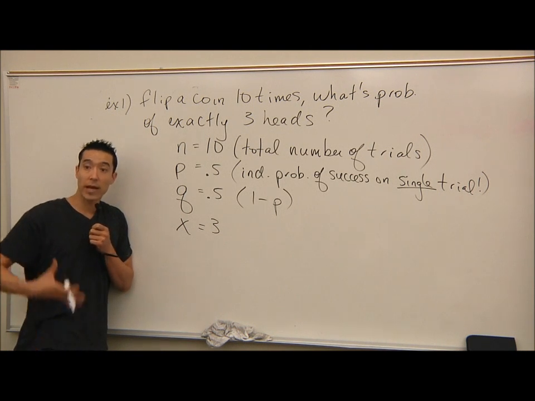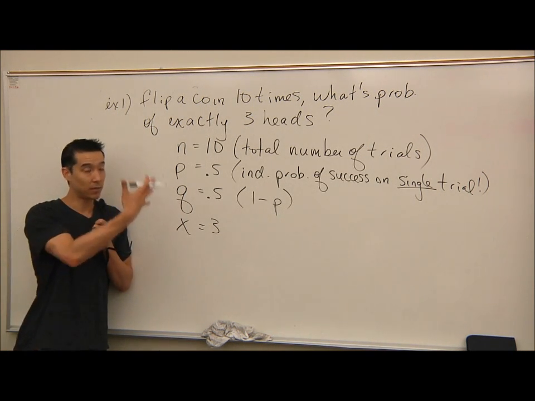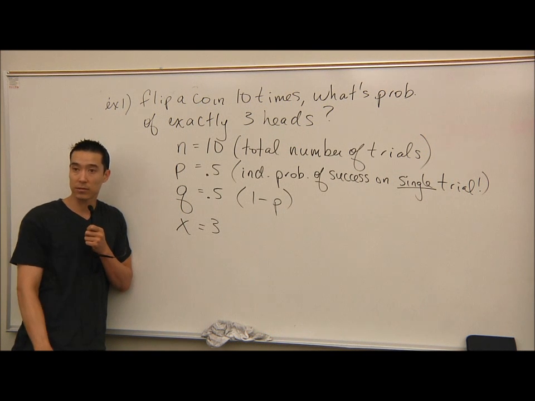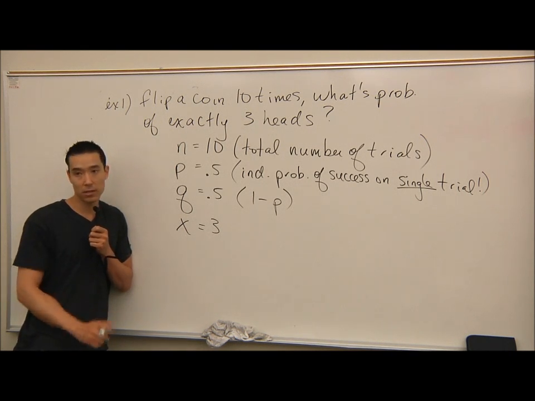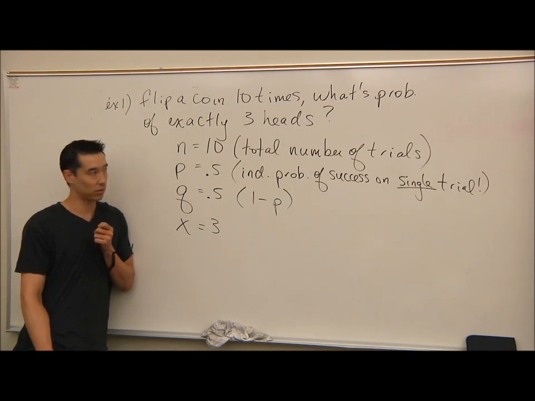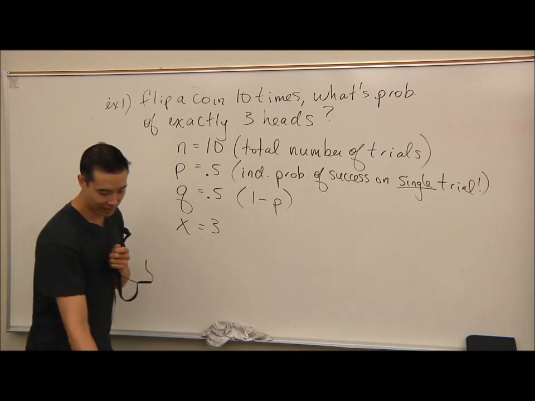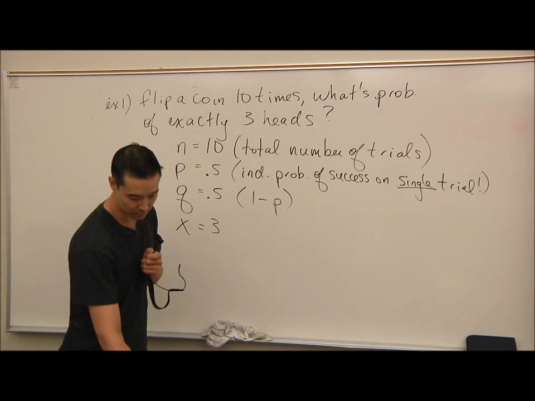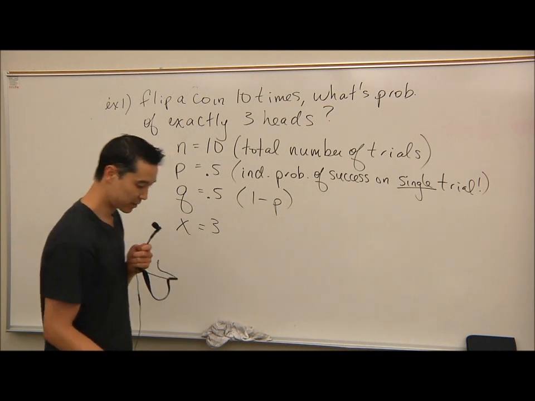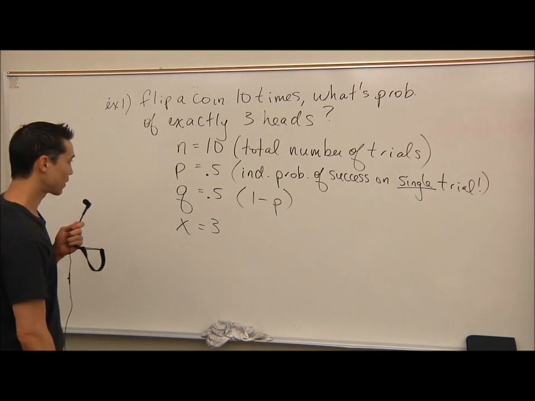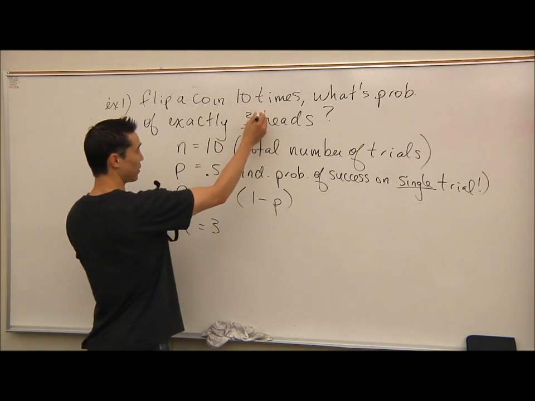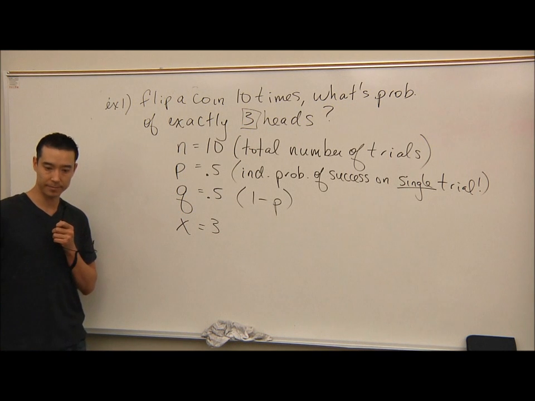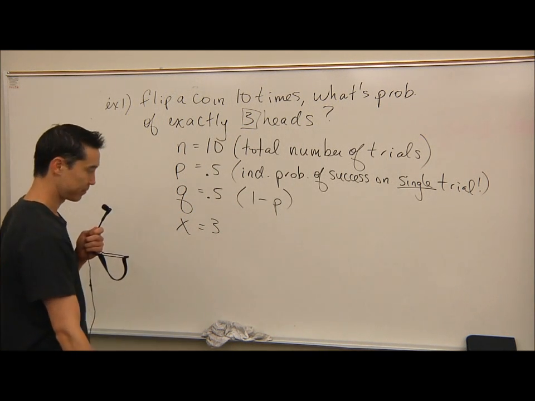Okay? So every binomial problem that you set up, you're going to have to go through these steps to find these variables. And then you're going to plug these variables into a formula, which I'm about to give you, or you're going to use your calculator, or you're going to use a table. So there's 3 ways to get these answers. All right, let me write down this formula for you, so you have it. X is the number that you're trying to find. In this case, X is exactly 3.